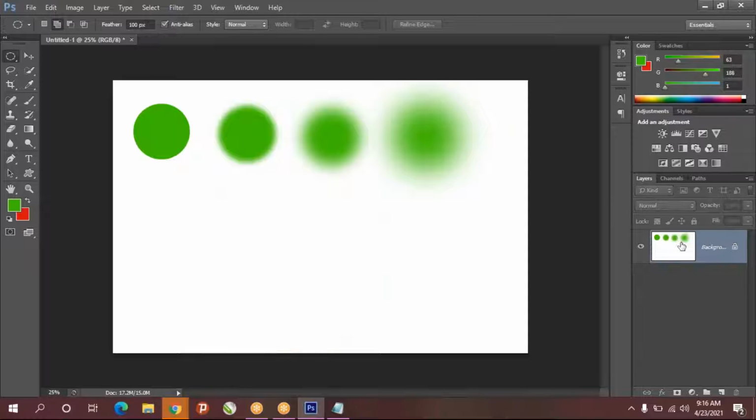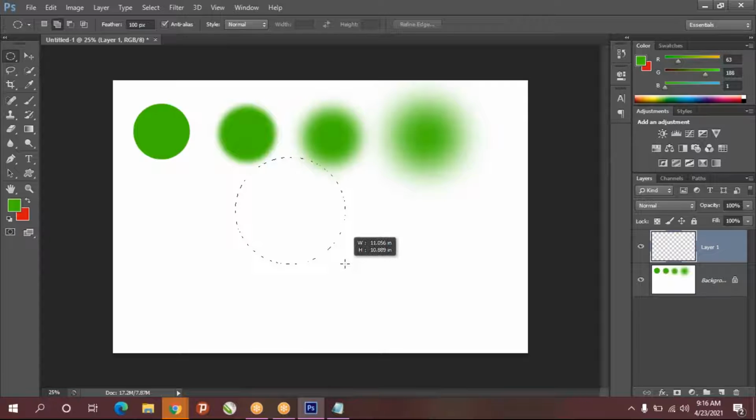So I'll delete this. Again I'll make one new layer. This time I'll give 0 feather and I'll make a circle.